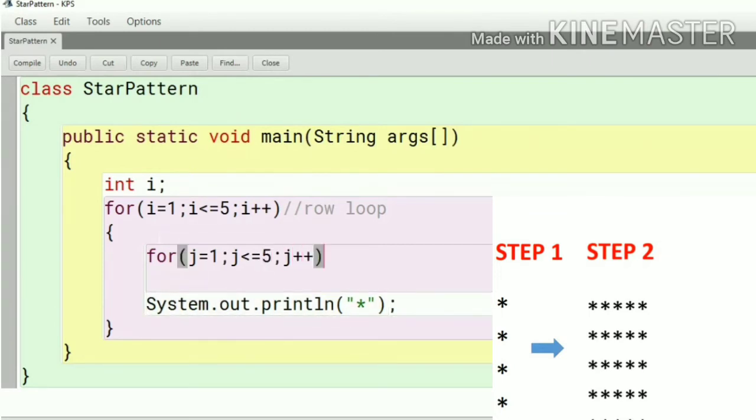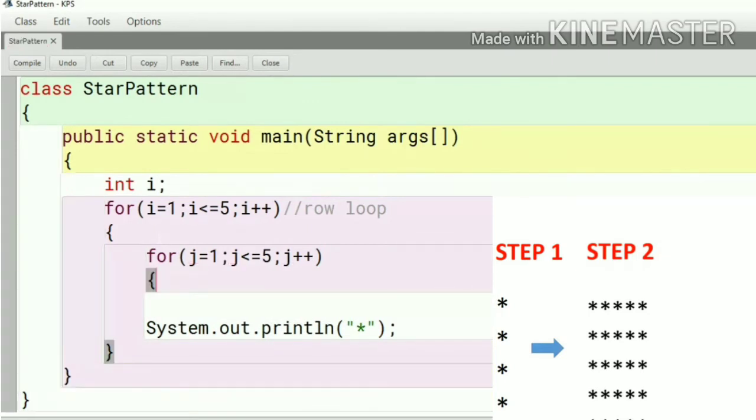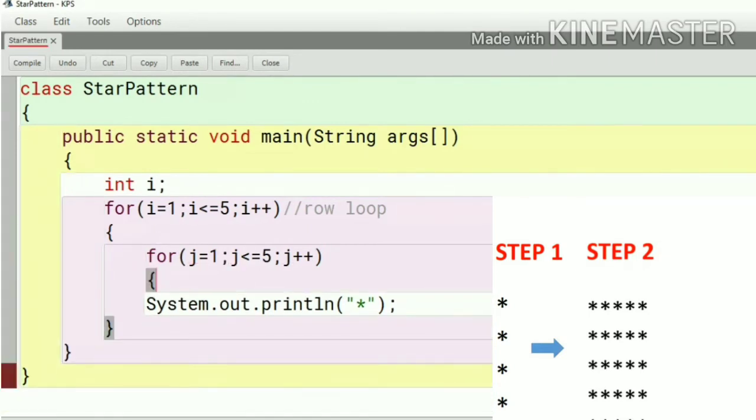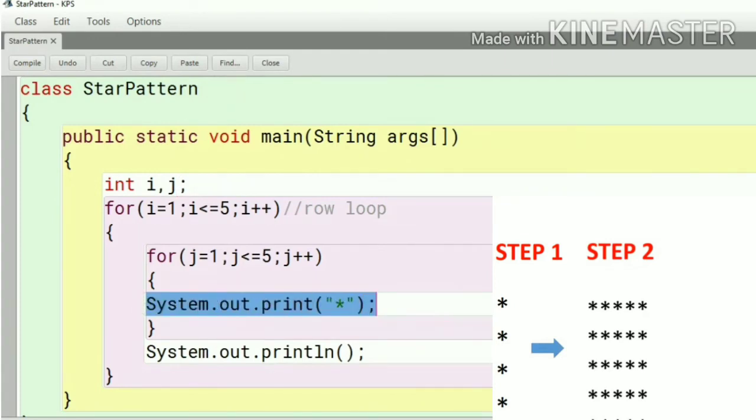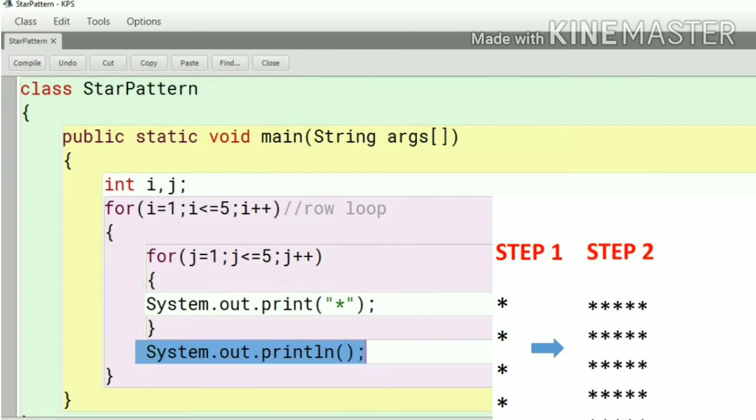Here double quotes, semicolon, curly braces, and this is for the j loop. After printing every line there will be a change of line, System.out.println. This one will print on the same line, so we'll remove the ln here and we'll also initialize with the data type int for j. So this is for printing the different columns 1 to 5, and this is for changing the row.